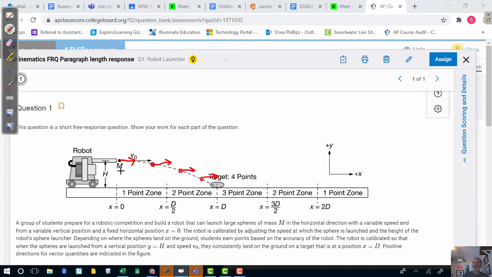But in the y direction, it changes. Here, it doesn't have any velocity in the y direction, but then it's getting bigger and bigger in the negative direction. Just think about it. As it falls, it picks up velocity in that direction. All right, so let's come down here and